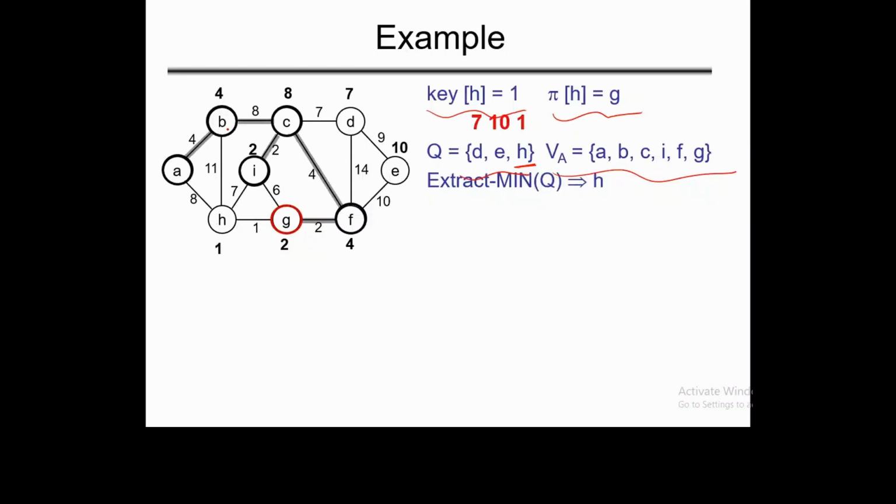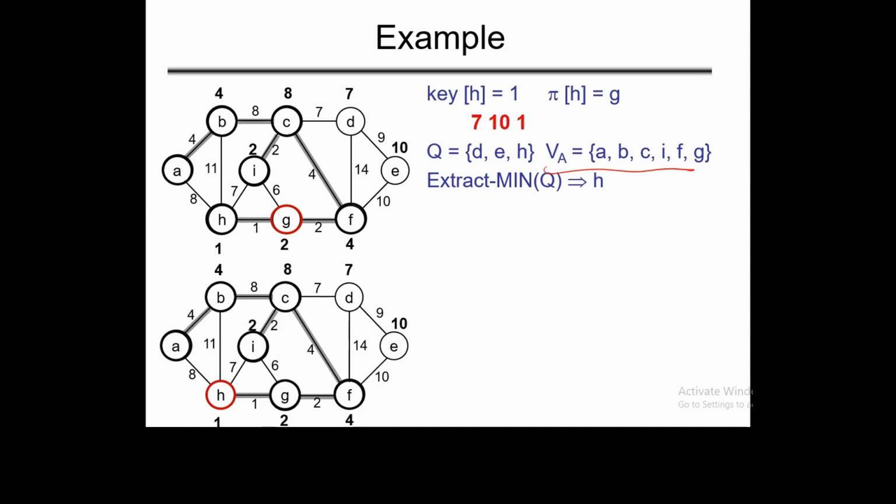So all the nodes which are neighbor to this node have already been processed. Processed means they have already been added to the vertices of the MST. So कोई भी change नहीं होगा इसमें. ठीक है. Now we will select here another. अच्छा, H process हो जाएगा तो this will be the status of the queue and it will be added here.